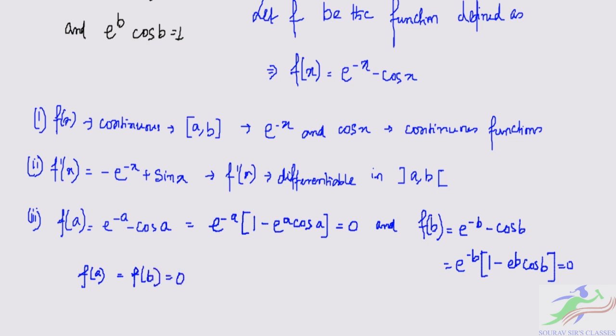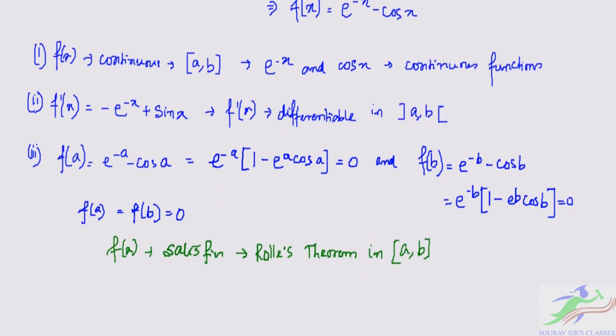Thus f of x satisfies all the conditions of Rolle's theorem in the interval a comma b. For the proper answer you have to write this in words. So since f of x satisfies all the conditions of Rolle's theorem in a comma b, there exists